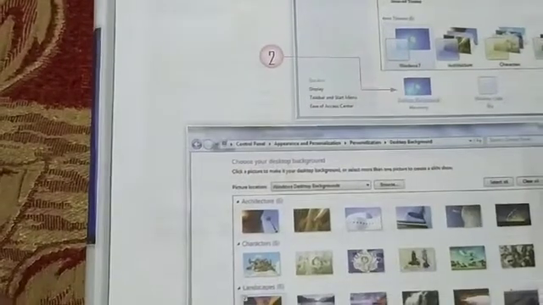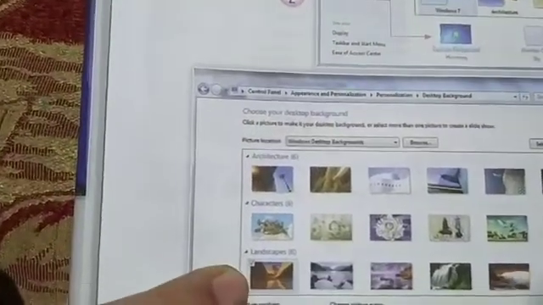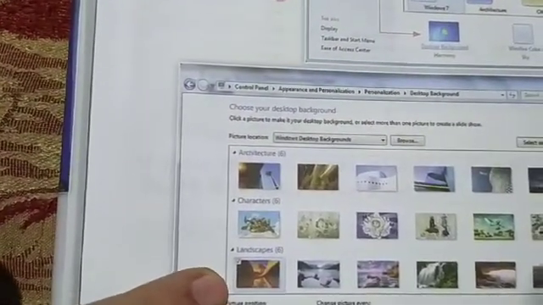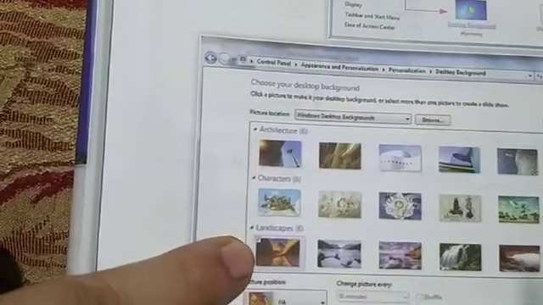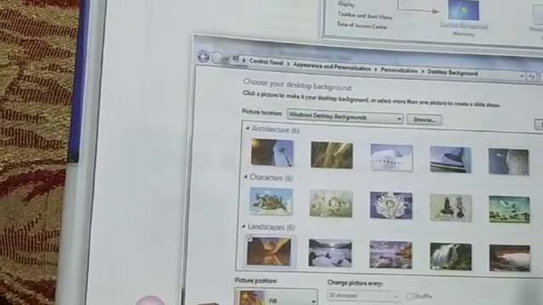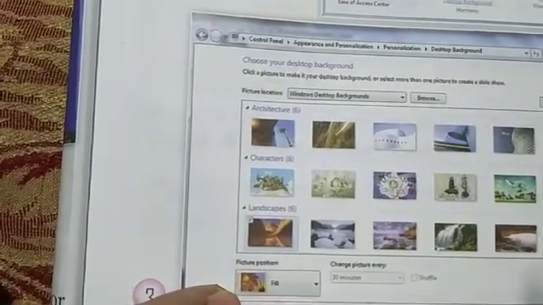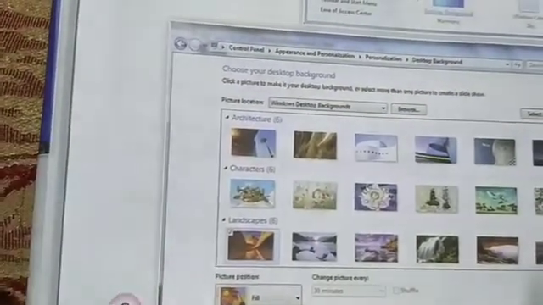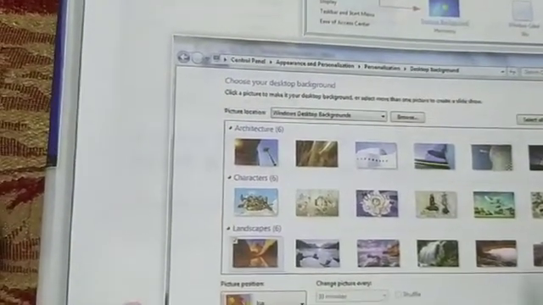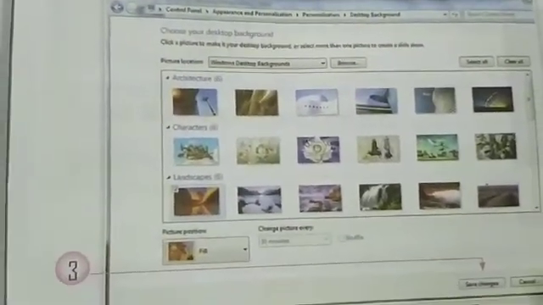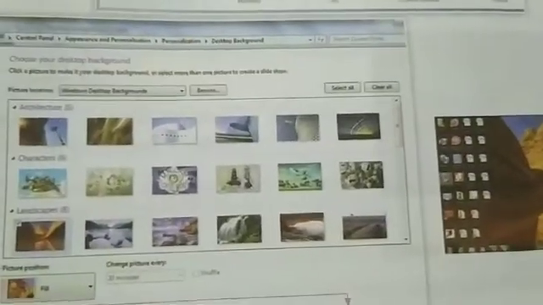Okay. In the book, this picture is selected. You can see it is highlighted with blue color. So this picture is selected for desktop background. Understood? Here also it is showing the selected picture for desktop background. Now in the third step, first of all you have to select a picture for desktop background, then click on save changes.